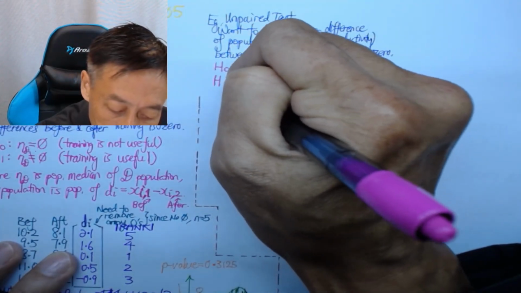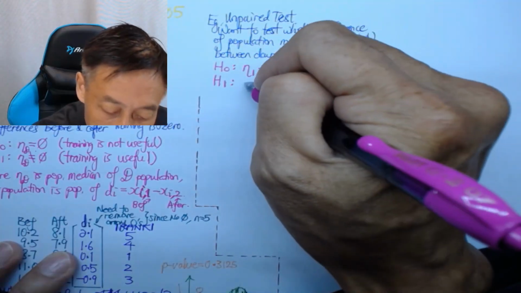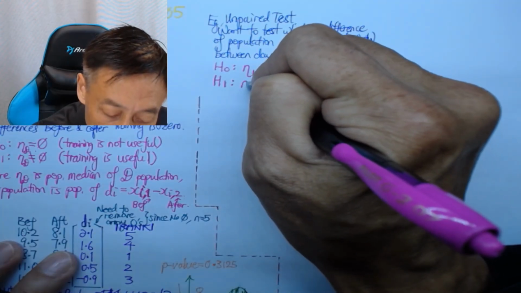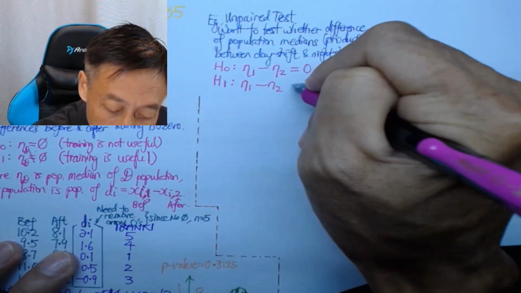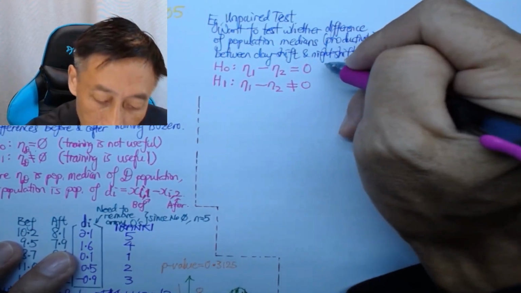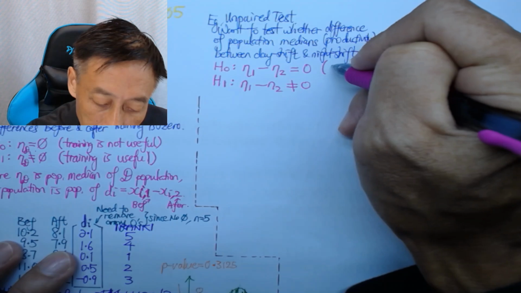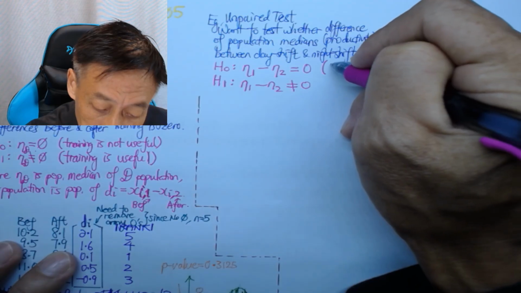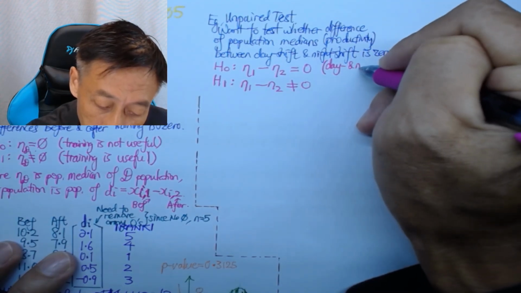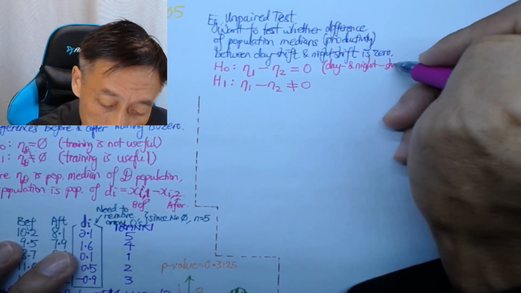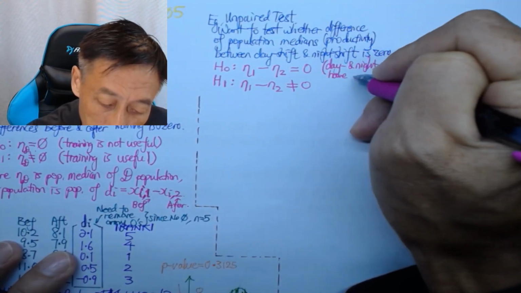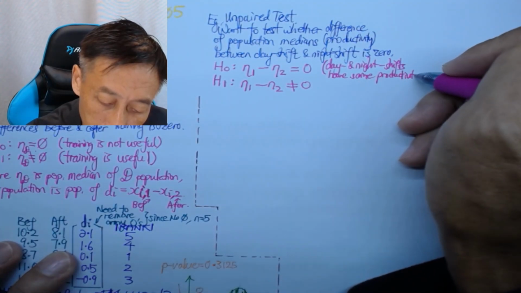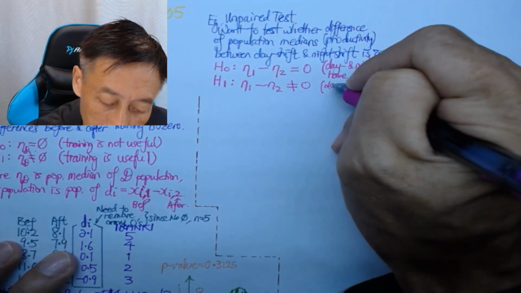We talked about this in the paired test example, in the unpaired test parametric test examples, right? So eta 1 minus eta 2 is not 0. Right, so here we can then say that it is day and night shift, same productivity, right? Day and night shifts have same productivity. Okay. And here we would say day and night shifts